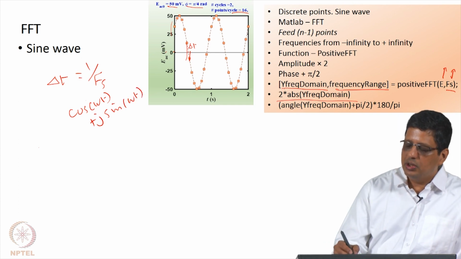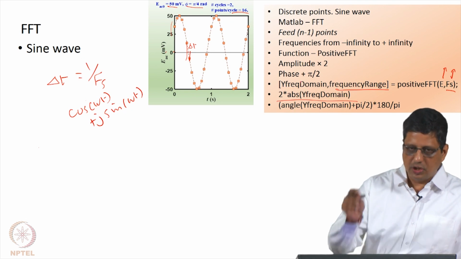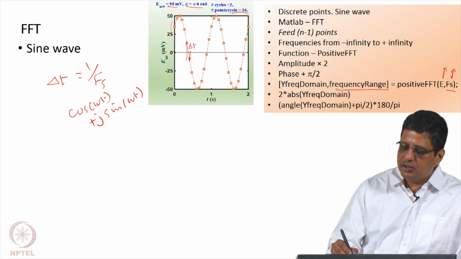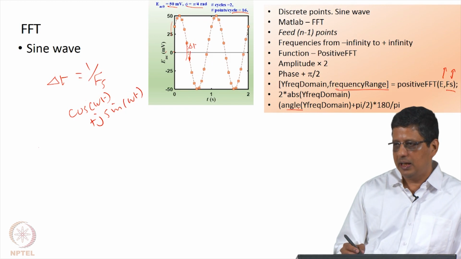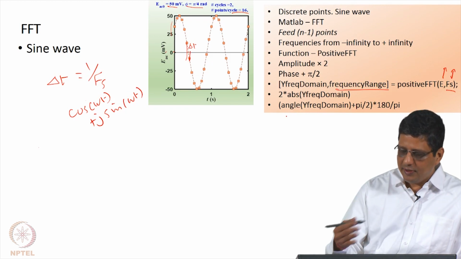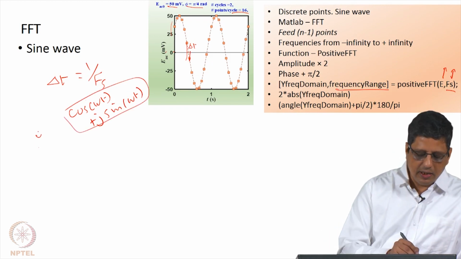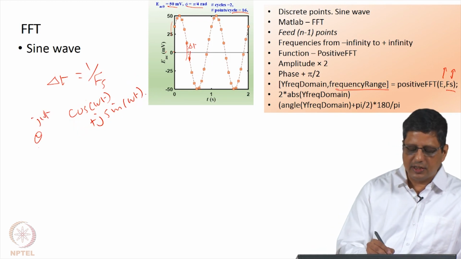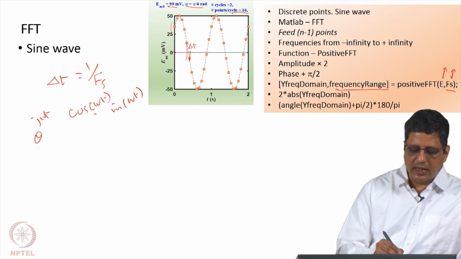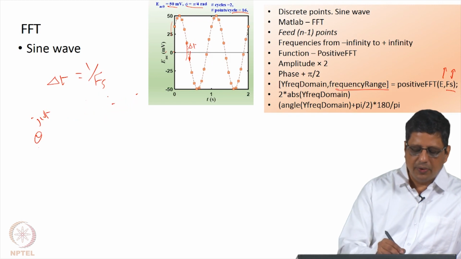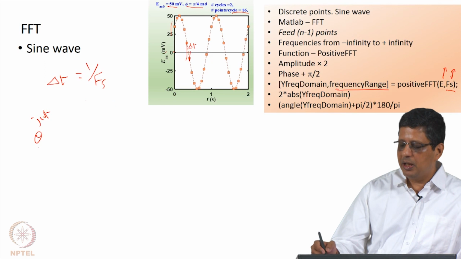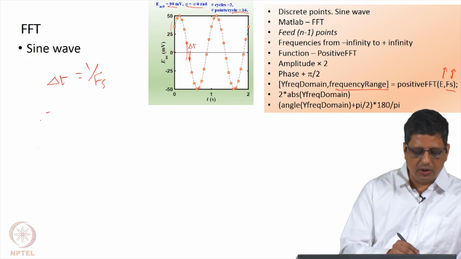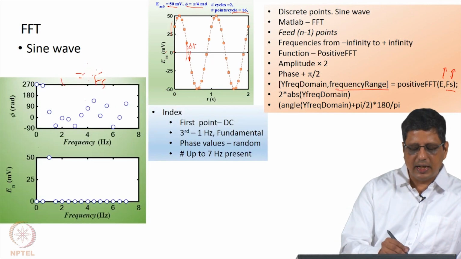The y value you get here, the y vector in the frequency domain, is actually a complex vector. The absolute value tells you the magnitude and the phase can be obtained by using the command angle in MATLAB. You get the phase because we are giving a sinusoidal wave, we are not giving e power j omega t, we are giving only a sinusoidal wave, so you have to account for the phase offset. Whatever value you get in the phase, add pi by 2, and for presentation I am multiplying by 180 by pi so that it gets converted to degrees, otherwise you will just plot it in radians.